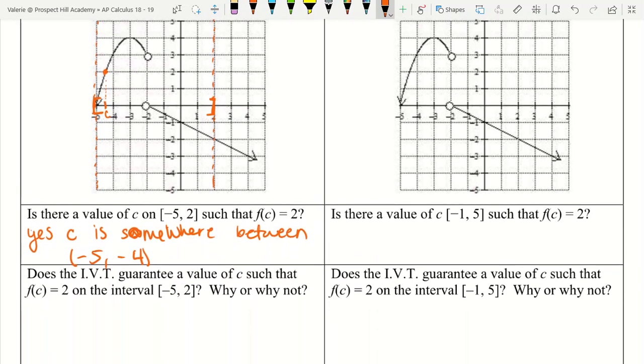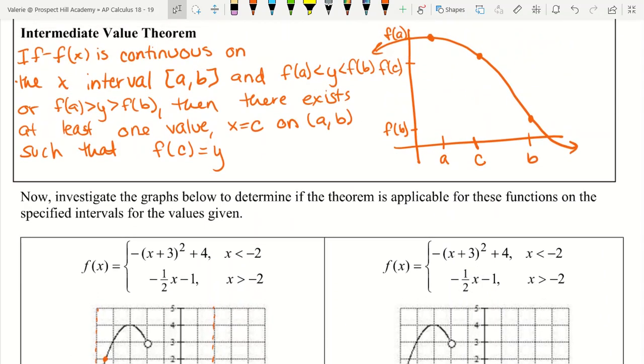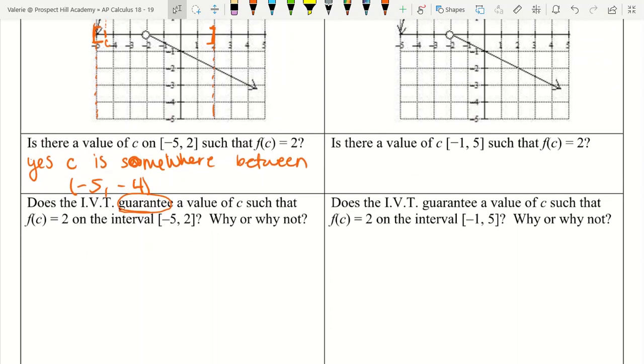Now we want to see if IVT, another way of saying intermediate value theorem, guarantees, okay, this is an important word, guarantees a value of c such that f of c is equal to 2 on that interval. The very first sentence of IVT says that if f of x is continuous on the interval. If we look at this interval, we're looking between -5 and 2. Our graph is not continuous on that interval. So just from that first statement, we can say that no,